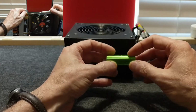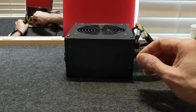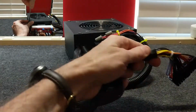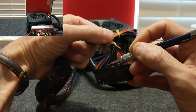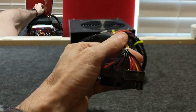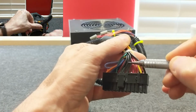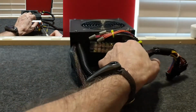Luckily, I didn't need this, but you also need a trigger to turn the power supply on. For that, you need to ground out the green wire, which I think is pin number 13, which should be right here, if you can see it. This green wire right here needs to be grounded out to any one of these black ground wires. So to save myself the hassle,